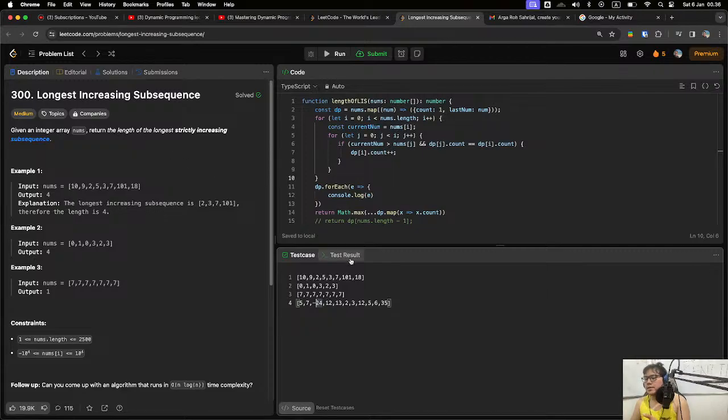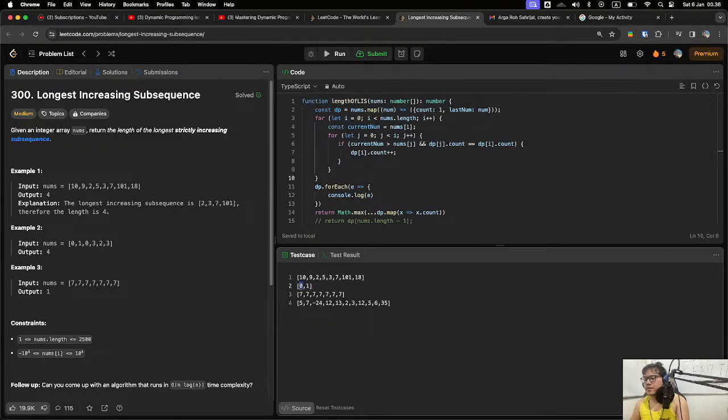But the intuition is like this. Let's say the array has only two elements.